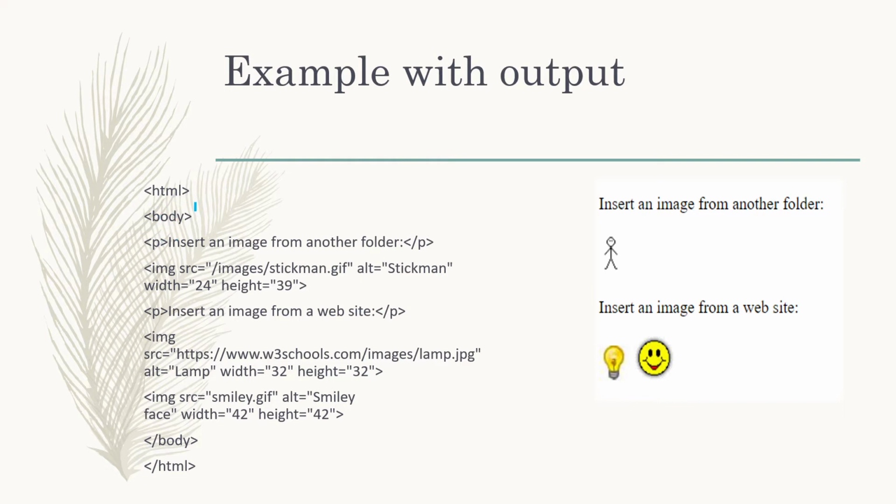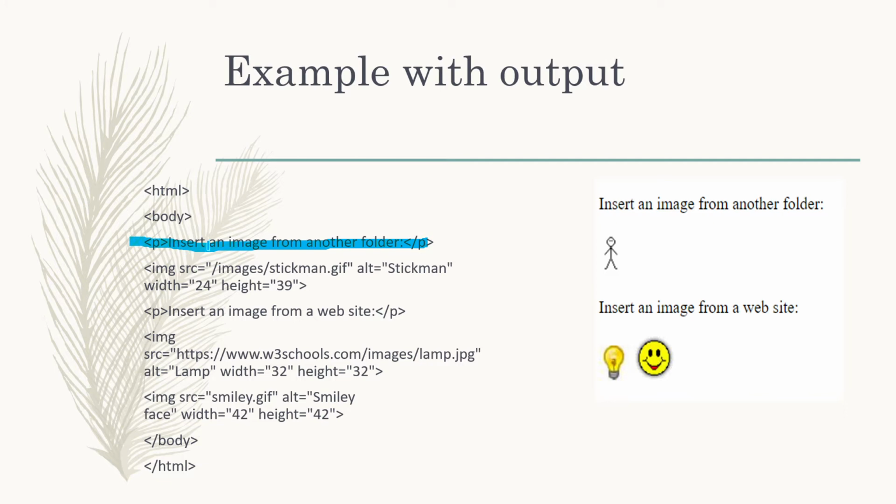I haven't used the head and title tags because I don't think they are required over here. Okay, next line is this one, that is the paragraph tag. In the paragraph tag I have taken two types of image source, one from a different folder or another folder, and one is within the folder in which I am making the website.